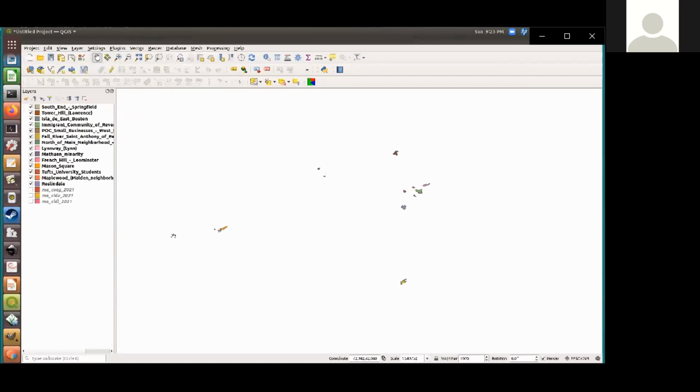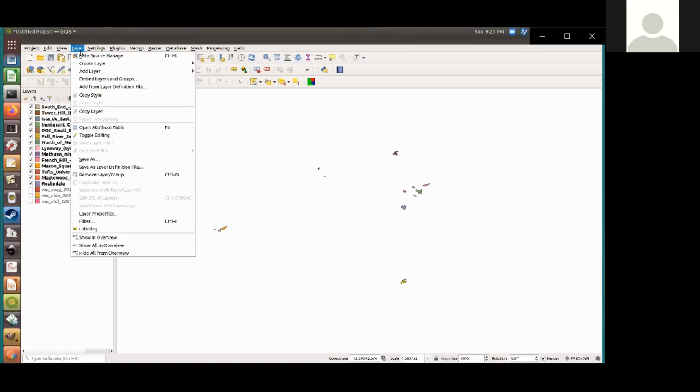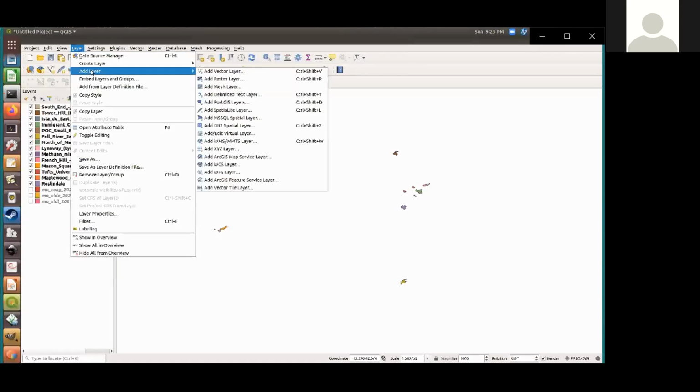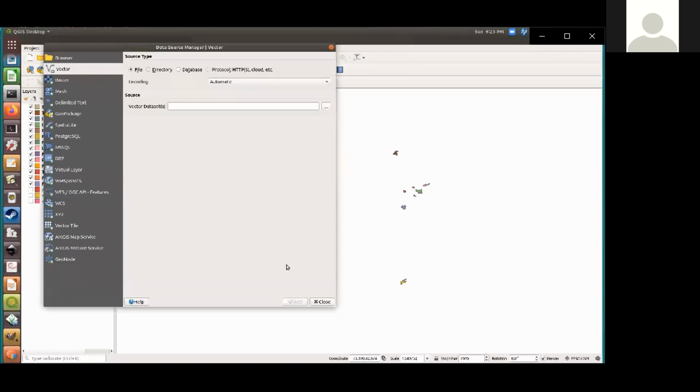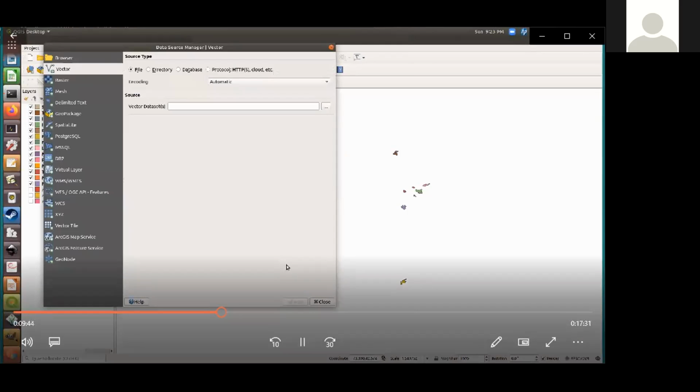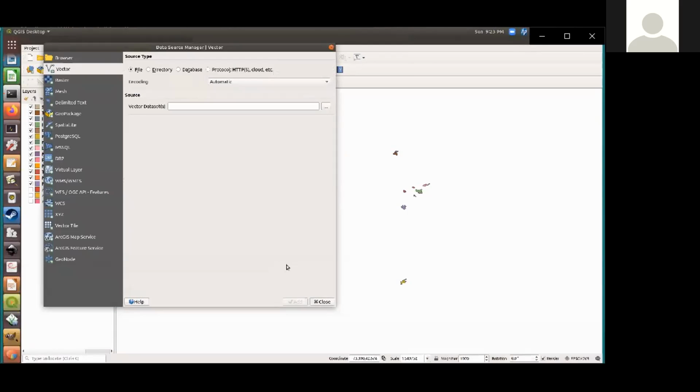Although I've already added the data, it's very important for you to know how to add data in QGIS. In order to add data, you go to the layer menu, add layer, and for redistricting, we're going to want to add a vector layer. The vast majority, probably all of the data that I work with in a redistricting context is a vector. The other major type of data that you would be working with would be raster data, but that is used for